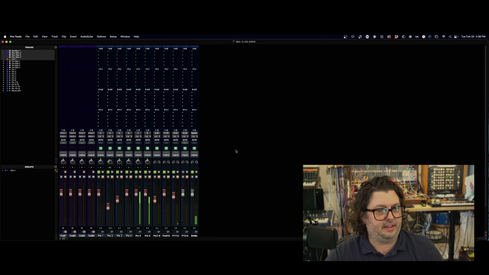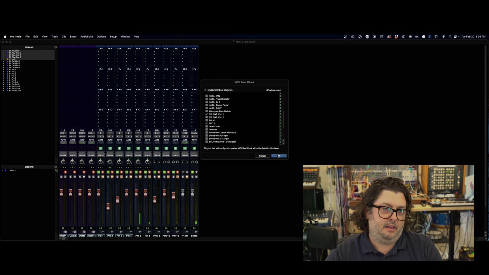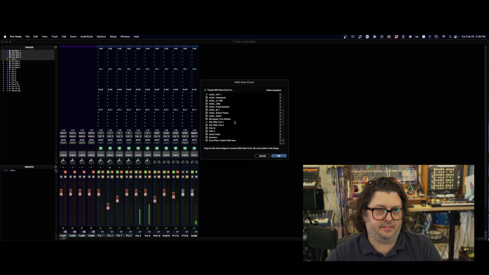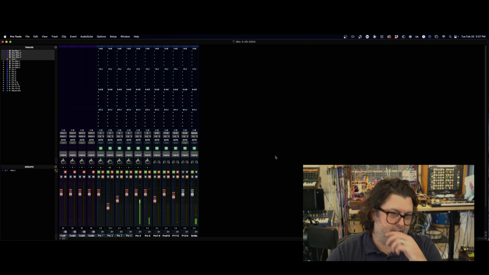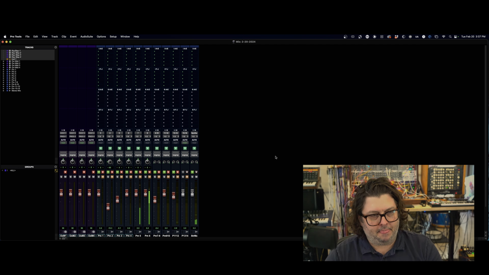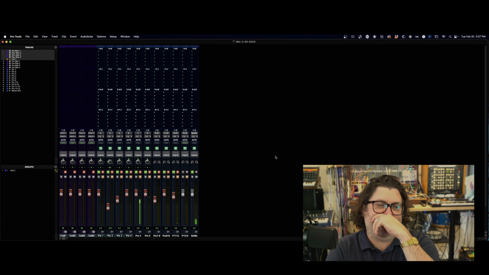Now, one big part of this is the beat clock. So I already have beat clock enabled for the OXI ONE Port 1. Let's go ahead and turn everything else off so it doesn't get weird. Because I have delays, effects clocks, I have stuff hooked up that I haven't even labeled. Classic Jer. But what I did over here on the Oxi, which I'll show you in a second, is that